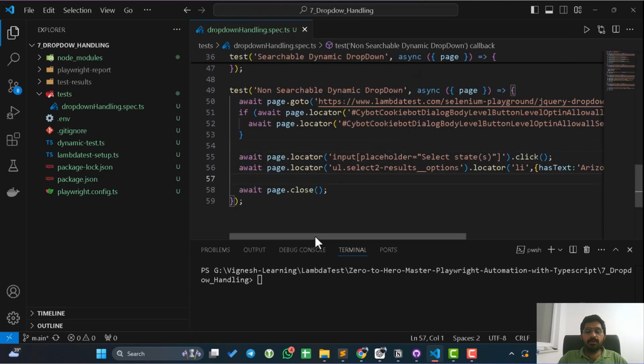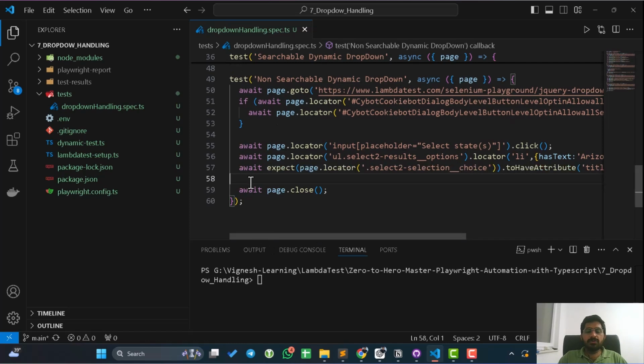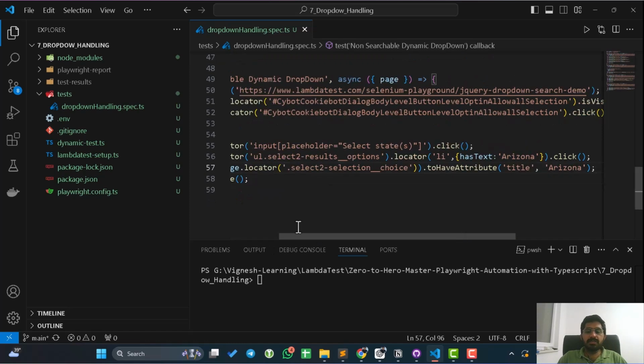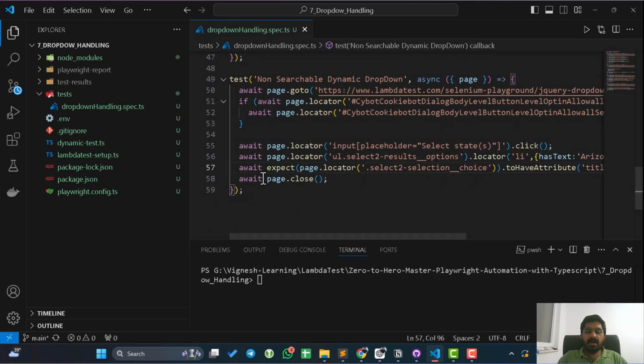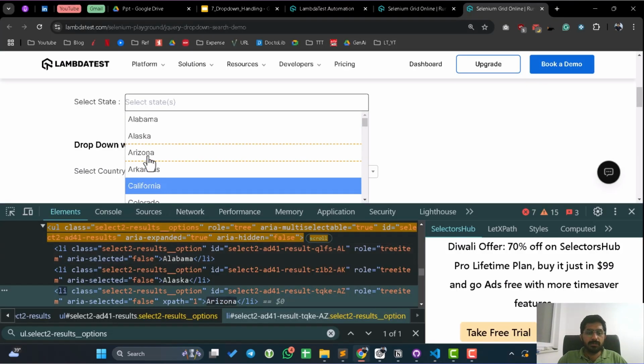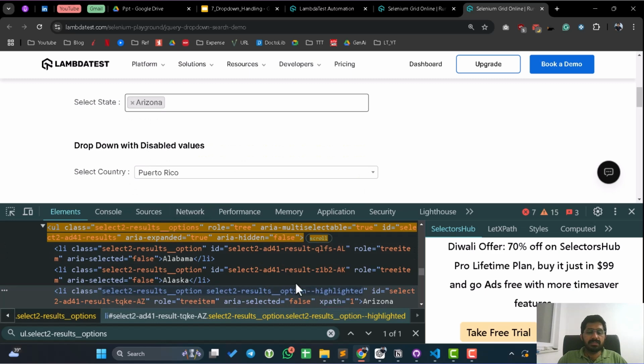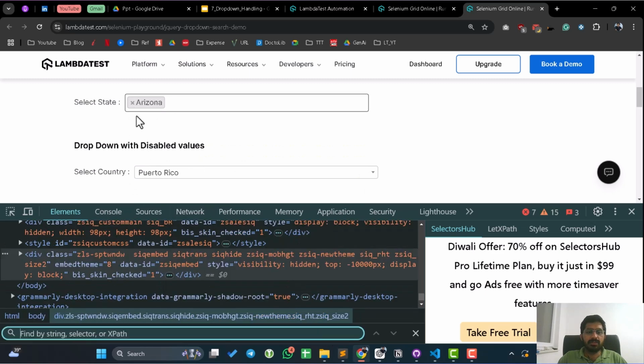Now let us see how to write the assertion for this. So it's very simple to write an assertion here. So what I have done here is await expect page.locator. So let me first select this Arizona. So after I finish selecting the Arizona, you can see the Arizona value is selected here. Now if I inspect this,